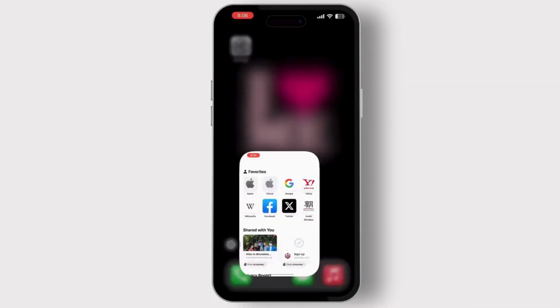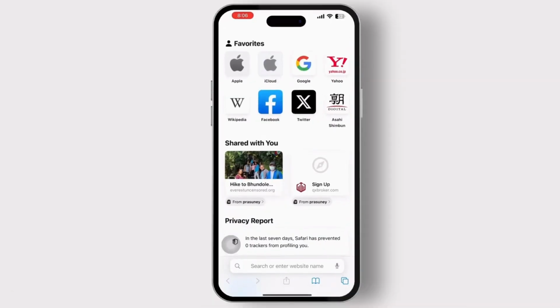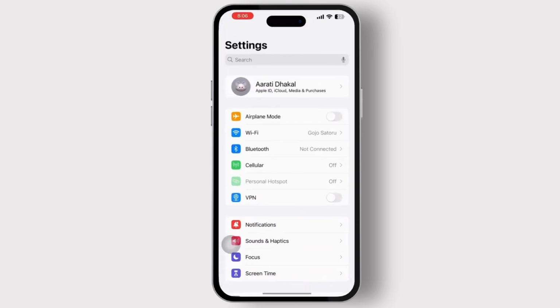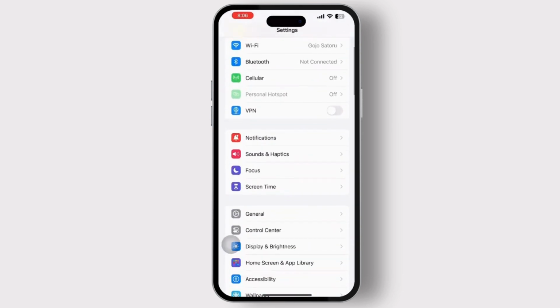Now in iPhone and iPad, the process is the same. So here you can see this Safari is in light color. Now you can simply go back to the settings, tap on it, and inside settings, scroll down and tap on